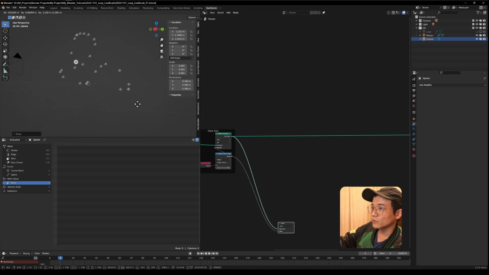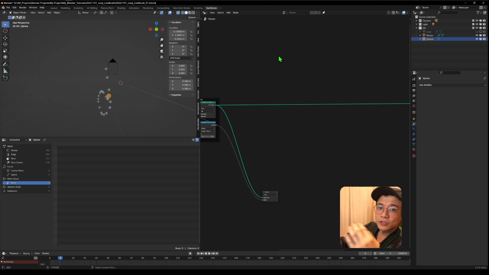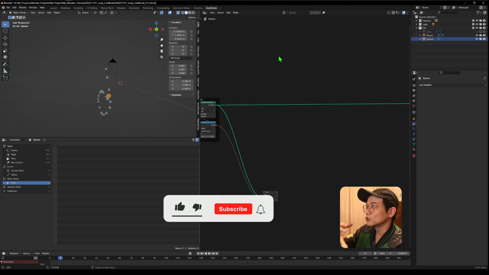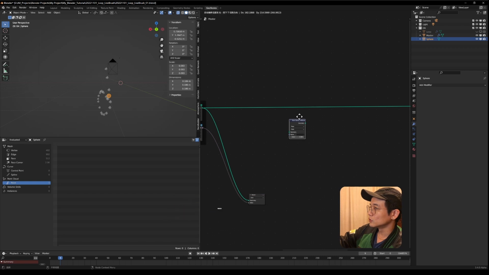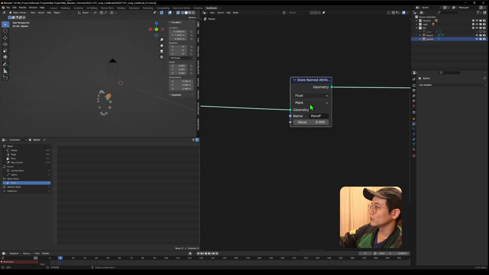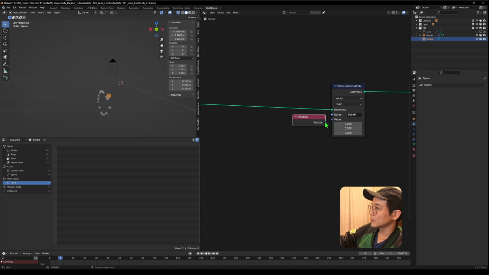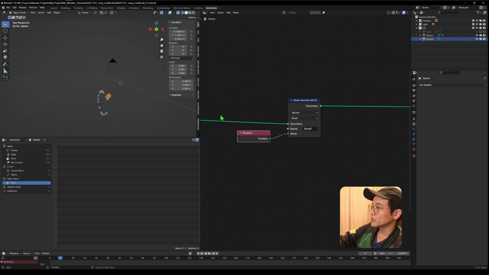Okay, so now we got this point data. What we want to do is store this position data for each point somewhere, and we can use store named attribute for that. Okay, so just put it here, point position. So point P for the position. Now the position is a vector. Let's use a position and put it here. So now we store this attribute,